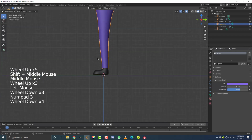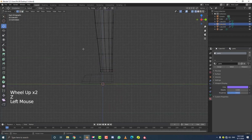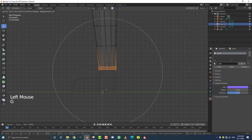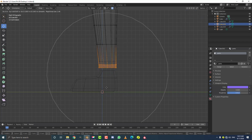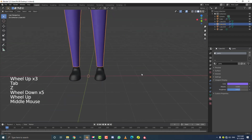the foot here, the pants, tab into edit mode, go into wireframe, go to vertex select option here, select these bottom vertices, enable proportional editing, then we can go G and just move them up to where you want the height of your ankle to start. So in my case, I'm going to put it about here. This can vary depending on your character and what kind of shoes you're putting on, but I'm going to go